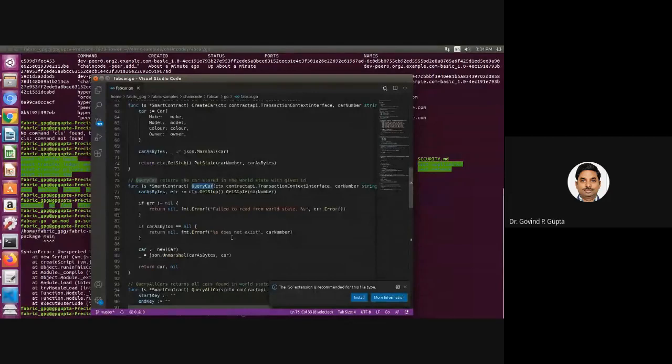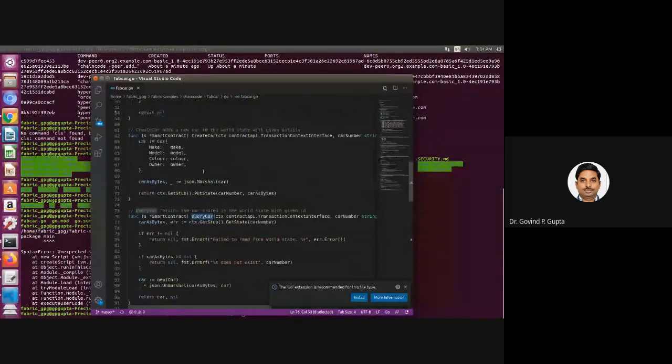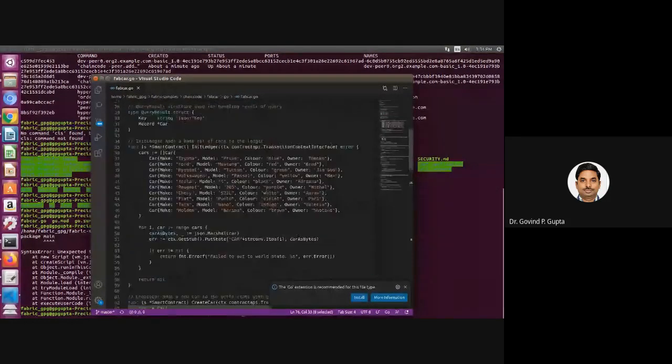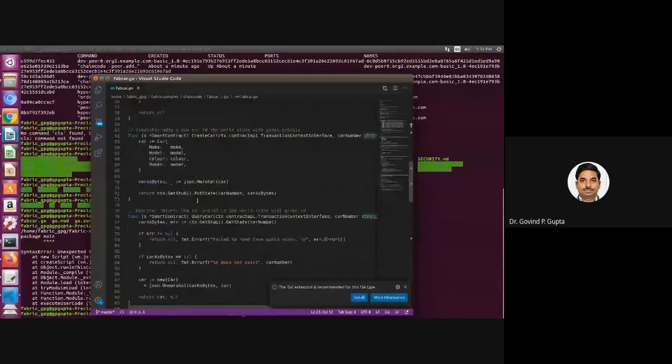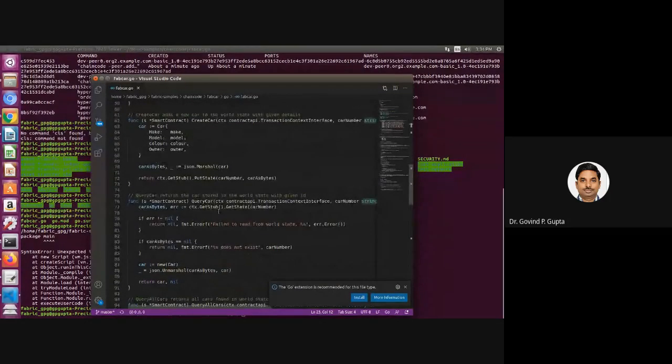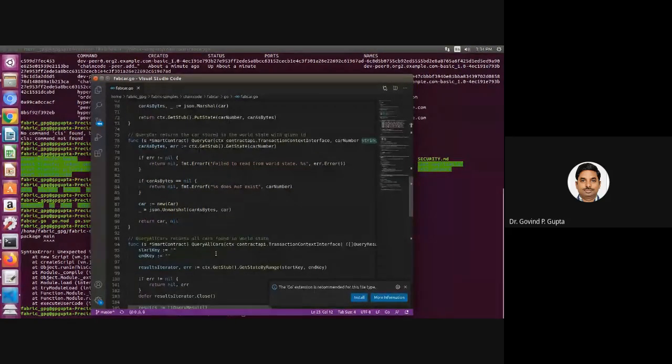Since this information is stored in the variable car, you simply access the JSON file with the help of the car ID, where all the results are stored.